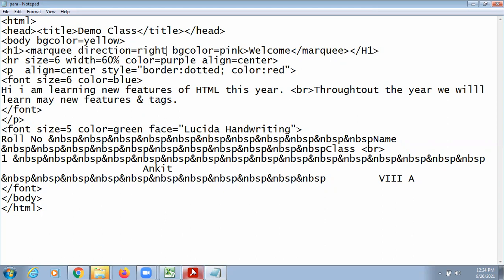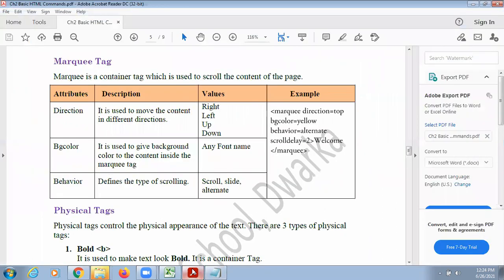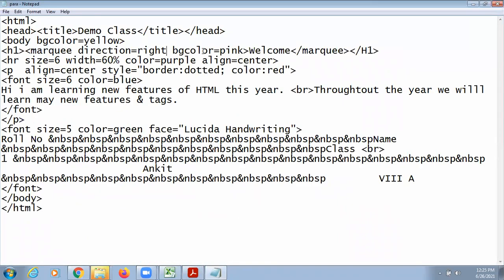And I am going to use one more attribute, that is behavior. Behavior equals scroll, slide, and alternate. Let's try how it will work. Behavior equals, first is scroll. Save, check.